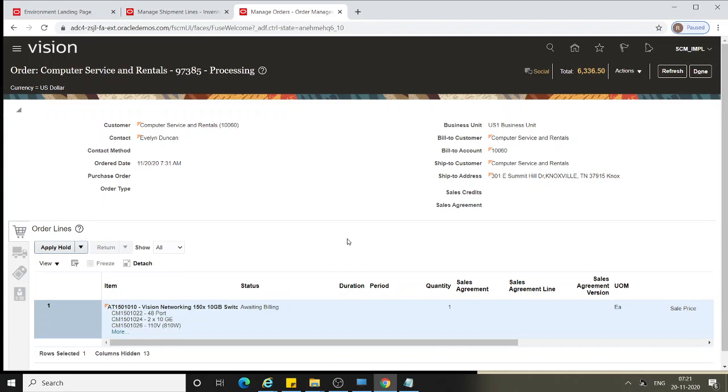So now the sales order lines are interfaced to the AR interface tables, and from there again we have to submit the import AutoInvoice program, so that the lines will be interfaced to AR and the AR invoice gets created. Okay, so if you want to see the order to cash full end-to-end cycle, I have prepared another demo. You can verify it. I will give that link in the video description, so that you can watch the order to cash from sales order till AR invoice creation and AR receipt creation.